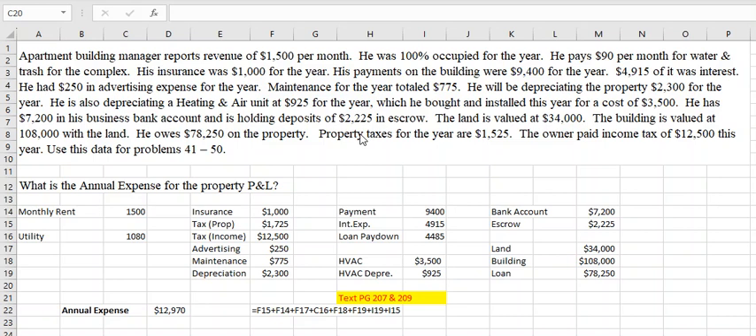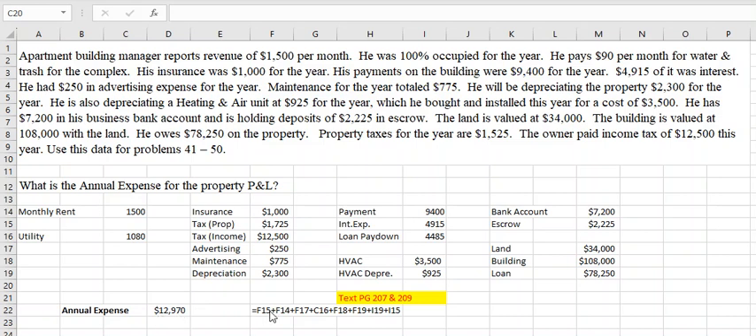Well, we need to identify all of the real expenses we can take. Clearly, utility is an expense, insurance is an expense, property tax is an expense, tax income is personal and does not count towards the annual expense for the property. Advertising is also an expense, maintenance is an expense, the depreciation for the property is an expense, as well as is the depreciation on the HVAC unit. Our last expense that we can identify is the interest expense of $4,915. So our total annual expense is